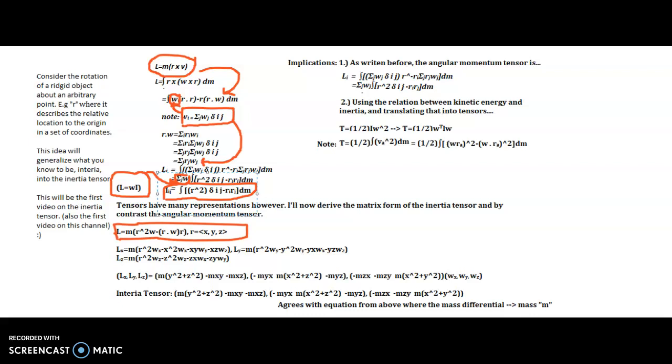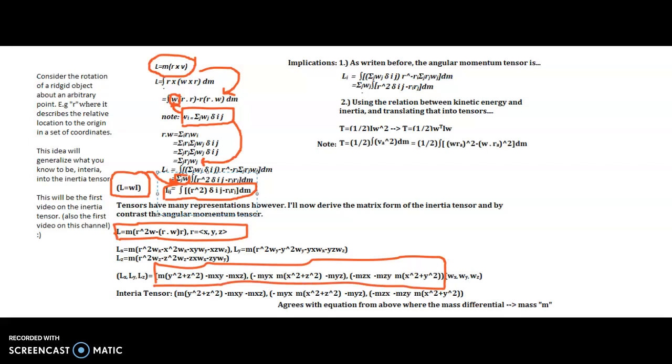I'll then break up the angular momentum term into its constituent parts, and subsequently the angular velocity, leaving me with these three terms. I'll then put them all together, leaving me with the angular momentum tensor. And these are, of course, its components, but expressed as a dot product. Now, not obvious, but this term in the middle, sandwiched between the angular momentum and angular velocity, denotes the matrix elements of the inertia tensor, where